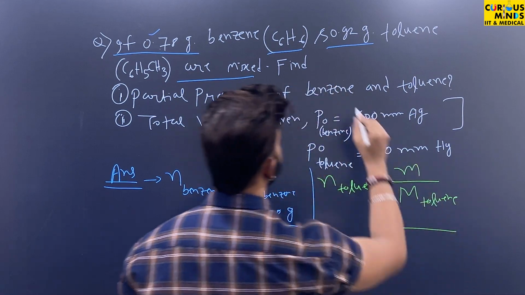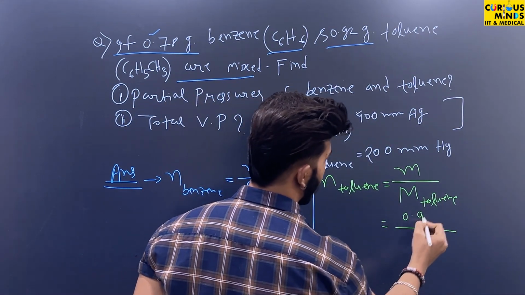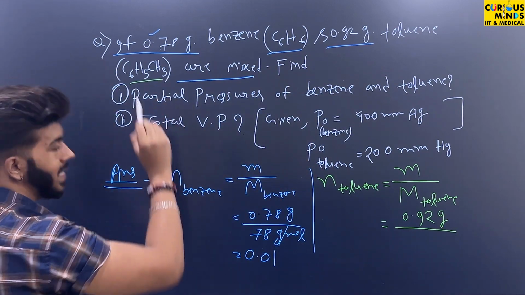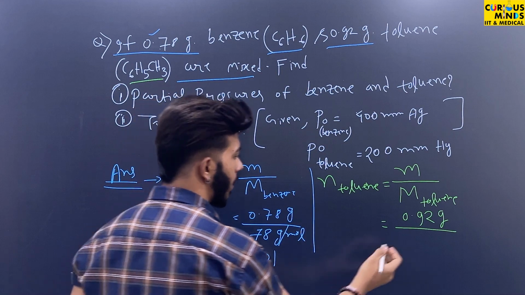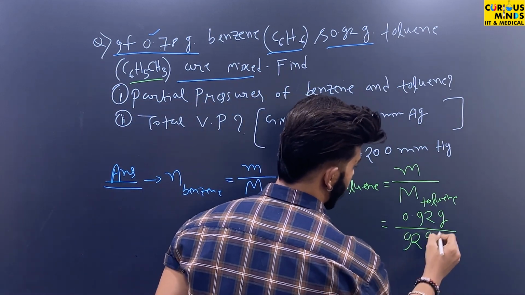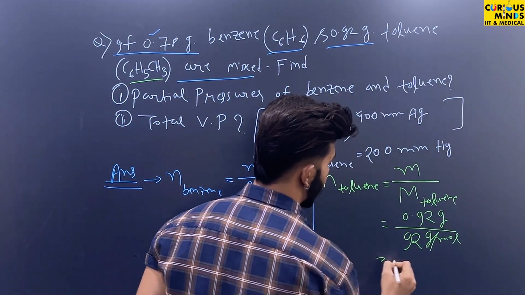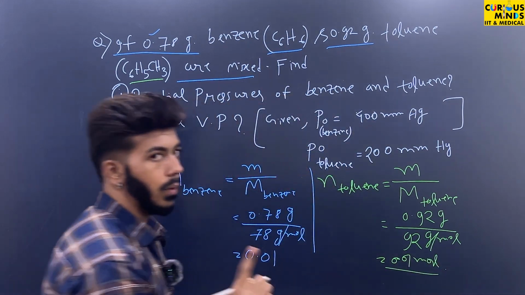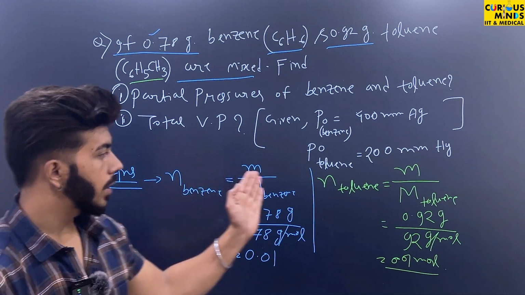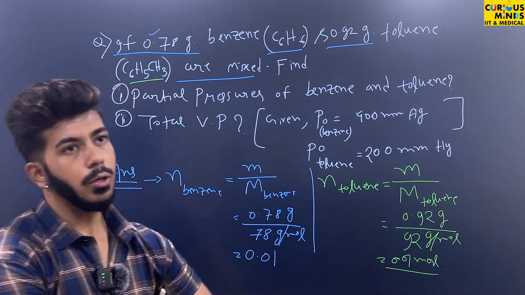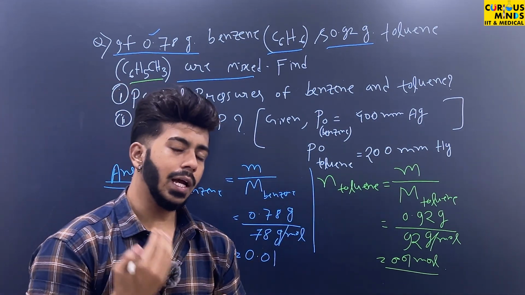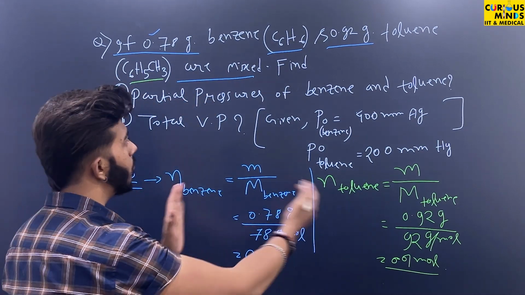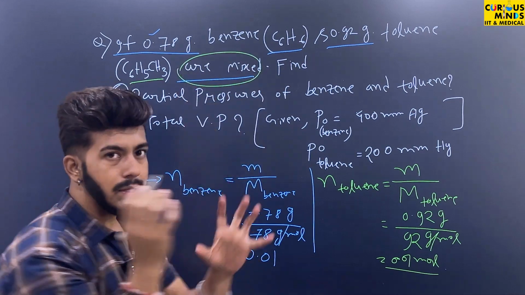मास क्या होगा given, 0.92 ग्राम, बाय टोलुइन क्या होता है, C6H5CH3, so just calculate, it will be 92 ग्राम पर मोल। So ये भी हो जाएगा 0.01 मोल, that is mole number is 0.01, ओके। इसका नंबर ऑफ मोल निकल गया, इसका नंबर ऑफ मोल निकल गया। अगर नंबर ऑफ मोल निकल गया तो can we find the mole fraction? Yes we can find, because they are mixed, ये बोला है ना, they are mixed, मतलब एक सॉल्यूशन बना दिया।